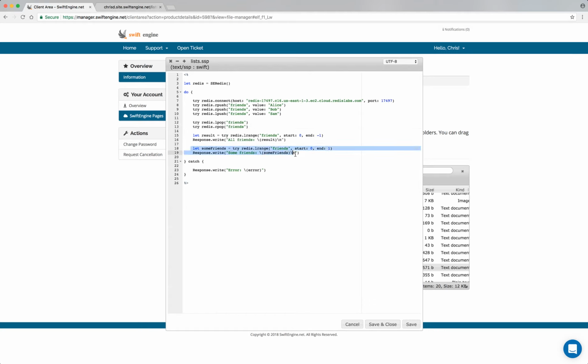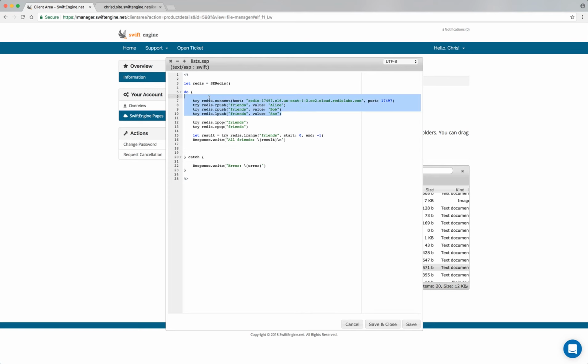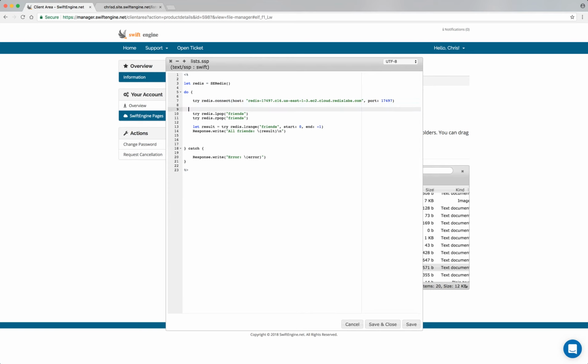We'll go ahead and print out all friends. So now we should only have one friend left in the list, and then they will be in the order before. Since they were Sam, Alice, and Bob, we're going to pop from the left and pop from the right, so Bob should be the only one remaining. So if we want to go ahead and clear that out,